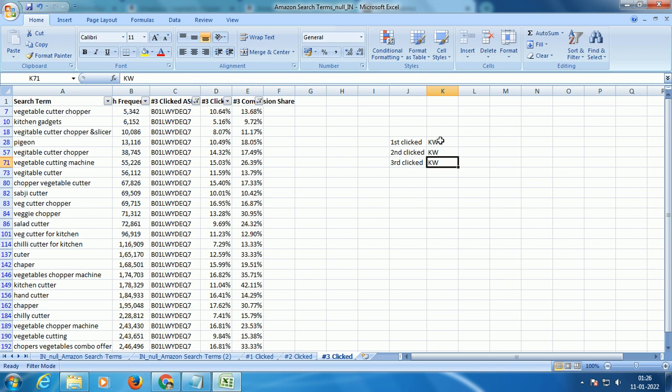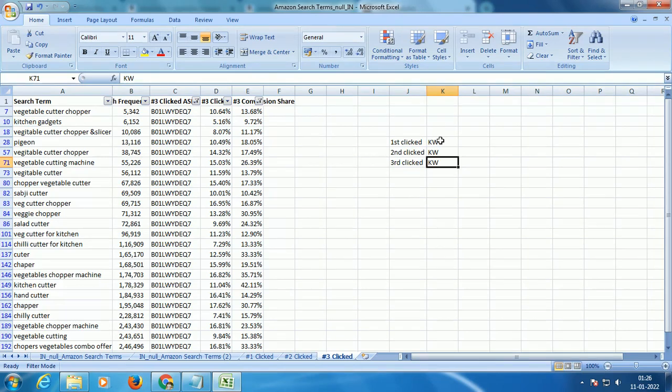Make sure you have well optimized titles. Before starting any of your PPC campaigns, it is mandatory to make sure you have an optimized listing, because when you have an optimized listing, Amazon will be able to relate your product to various search terms automatically, and you will be indexed for so many keywords without running any PPC campaigns. So this is the concept here.